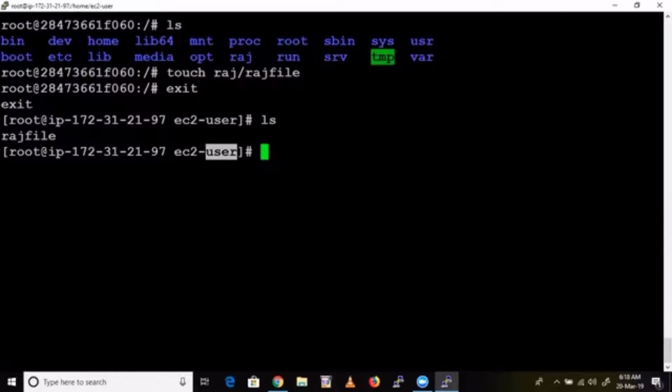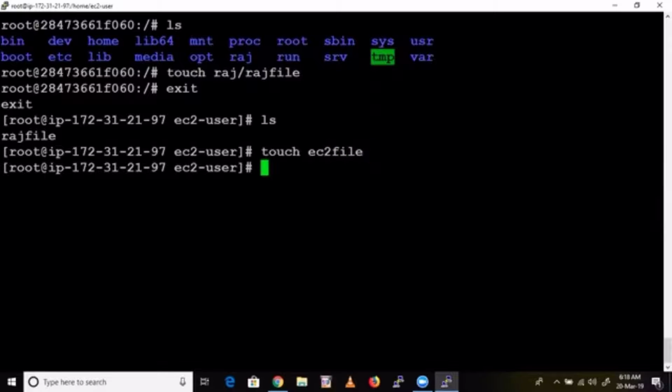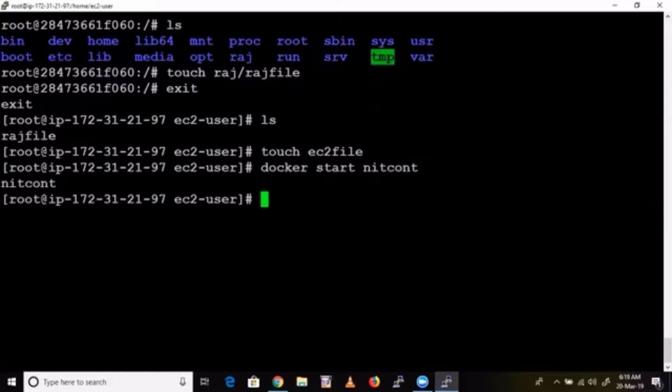This is a folder. You have mapped this folder, right? Now what do we do? Let's create one more file, EC2 file. Right? So let's go inside the container. Docker start the container.